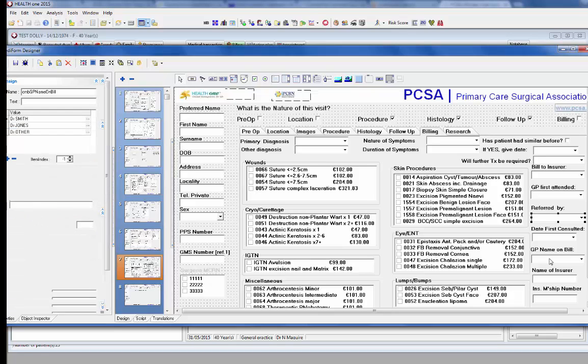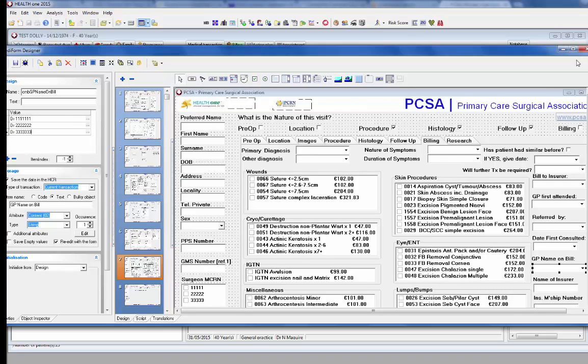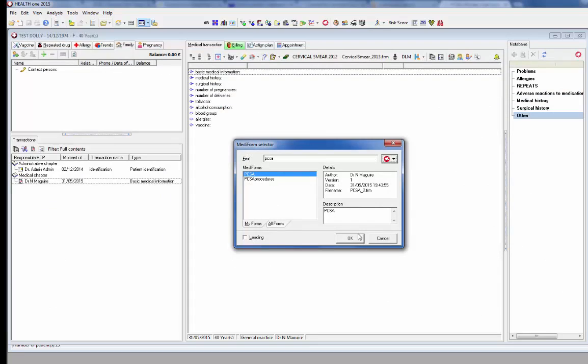And likewise you need to have an accurate list to choose from of the doctors who are going to be having their name appear on bills generated within the system in your practice. Once all of that is done, you save the Mediform and exit it,